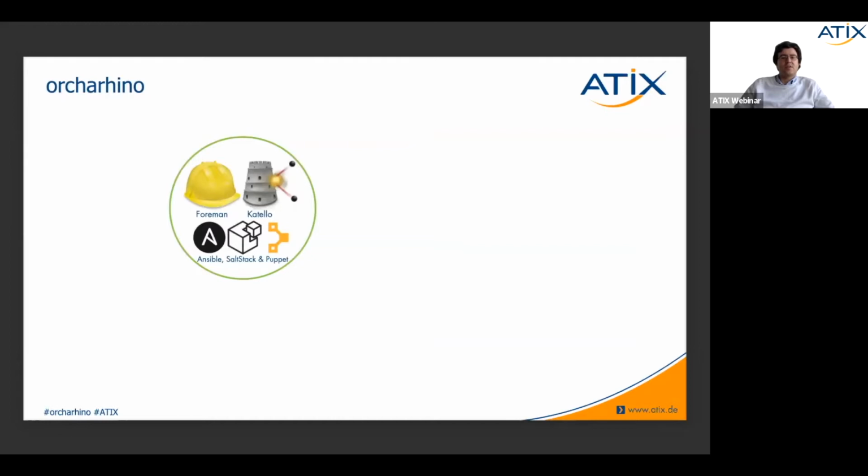So in the end, I want to tell a bit about the origins of orcharhino. Orcharhino is based on an open source project called Foreman. Foreman itself is for deployment and configuration management. The content management, which means repositories, content views, and everything that assigns packages to our servers, is done by the so-called Katello plugin, which itself consists of Pulp and Candlepin.